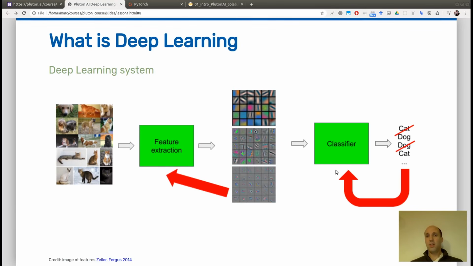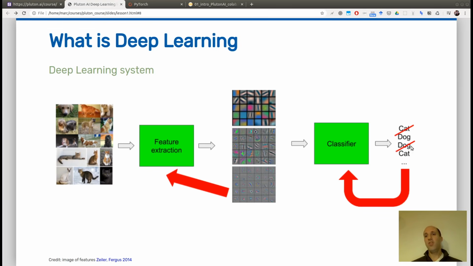You can depict it like that. In a deep learning system, you try to learn also the feature extraction. So this was previously done by hand by an expert from the field, typically using filters from signal processing. And now you try to learn also this feature extraction algorithm as well as the classifier. So now you have something which is end-to-end between the raw images at the beginning and the label on the